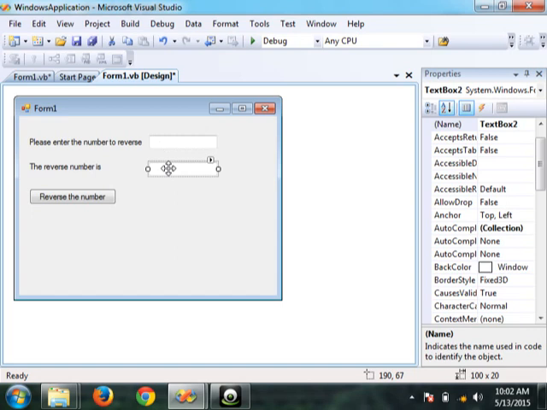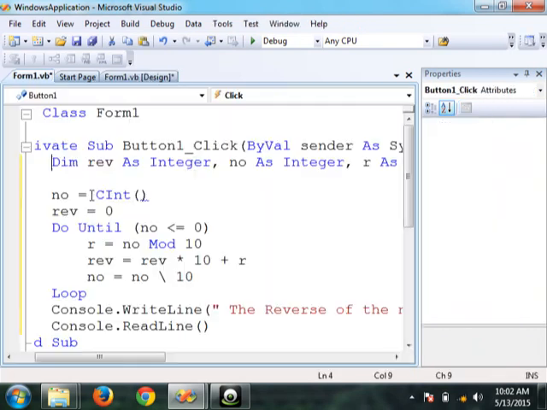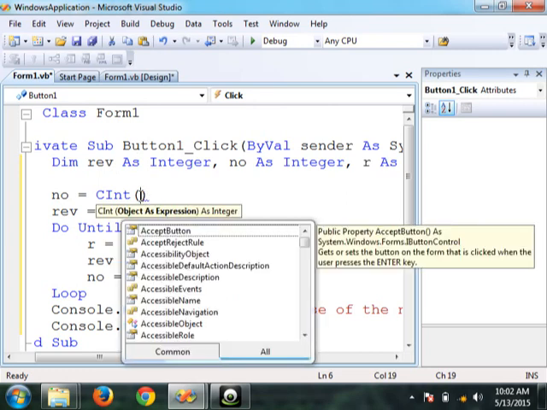And the output will go to TextBox2. Clear? I double click on this one. See, that's why it's written over there Button1_Click, because we are writing the event for Button1. So here what I'll do is, because this was the input part, Console.ReadLine, isn't it? Here I'll type, see, this is the best part of having Visual Studio.